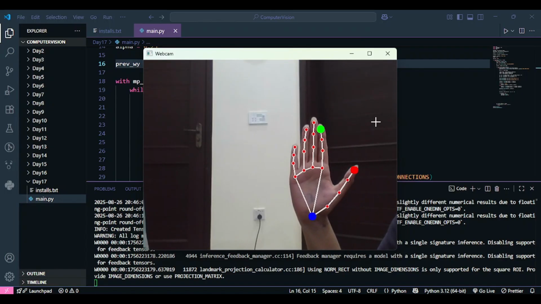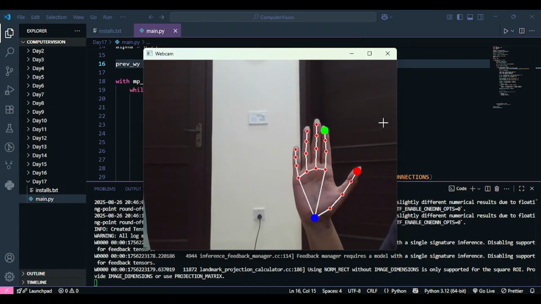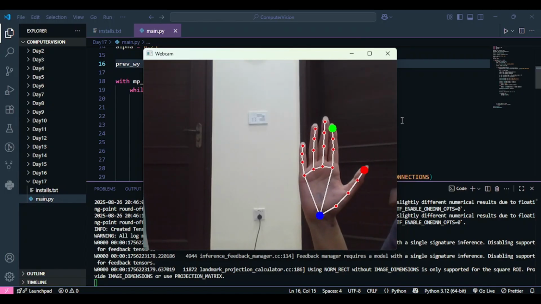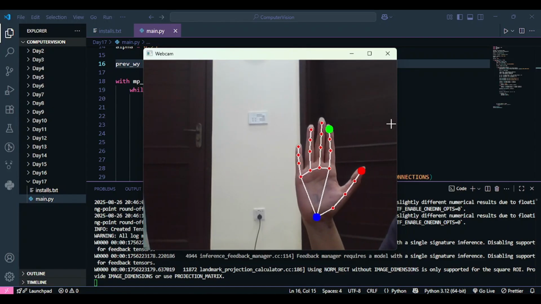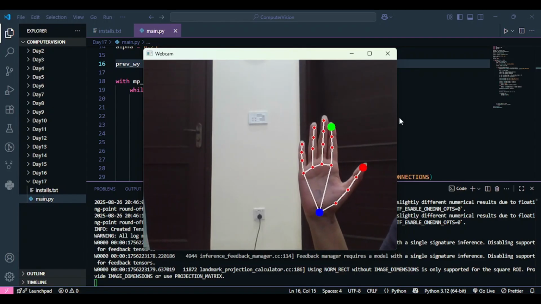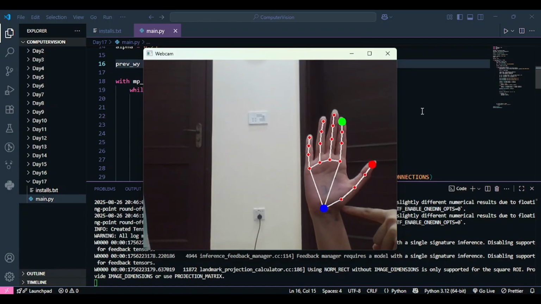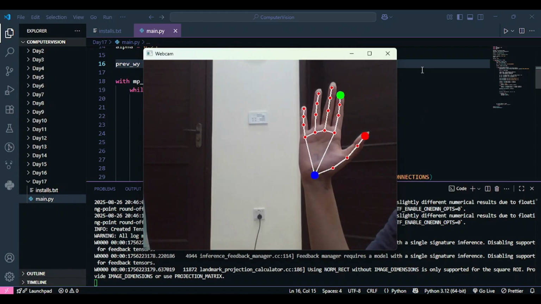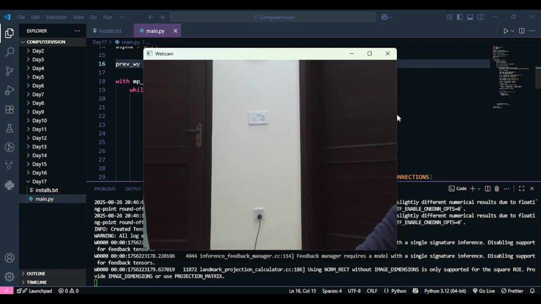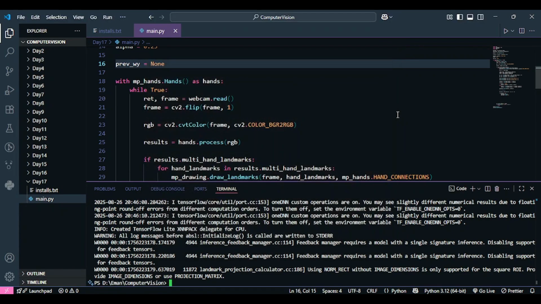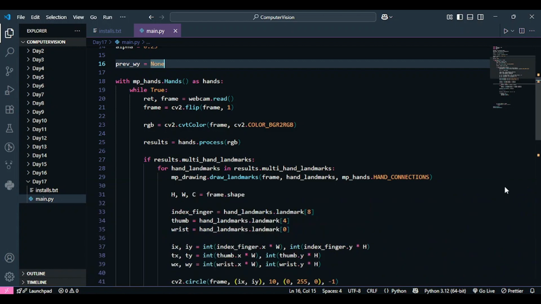This is the logic that we're going to use to move our wrist up and down and to create a scroll effect. So the important thing to note is that the y values increase from top to bottom, and if the difference is negative, this means that I am trying to scroll up, and if the difference is positive, this means that I'm trying to scroll down. Now let's head back to our program.